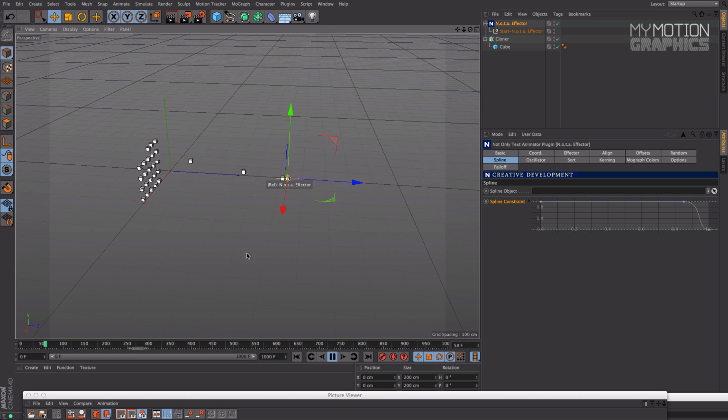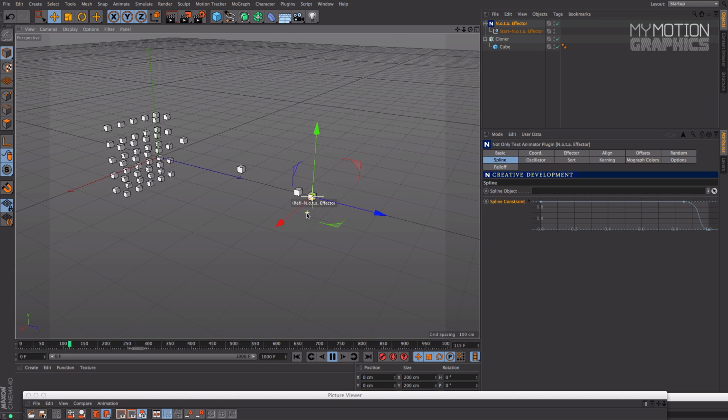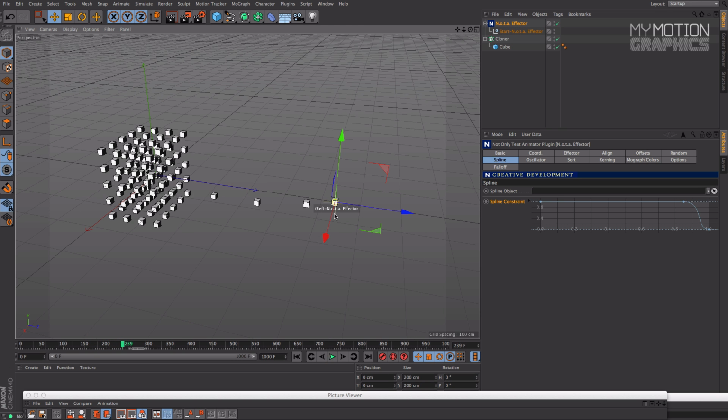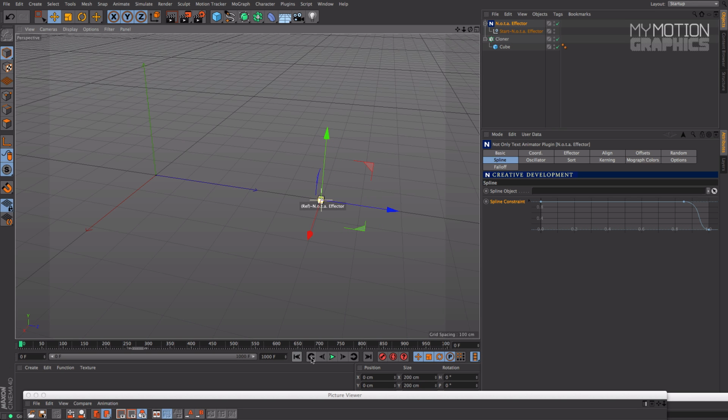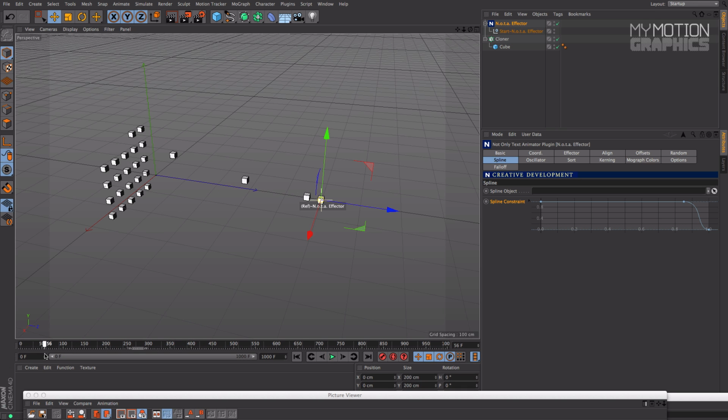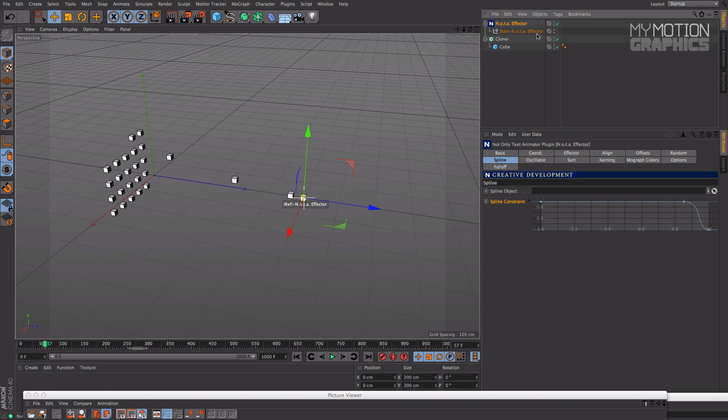Let me show you another thing that I think is really important. Again, we're just scratching the surface of this plugin. As you can see, this is our first example. We now have control of where the cubes come from, but we don't have control of where the cubes go to. I mean, they go to the cloner. Yes, that's right, but I didn't tell it where the transformation should hit first. But I can come over here under Null Effector and look for